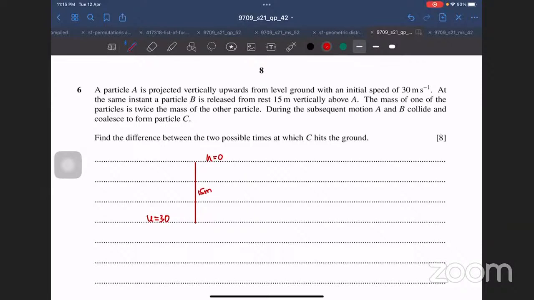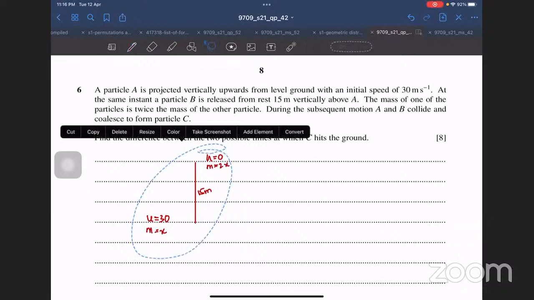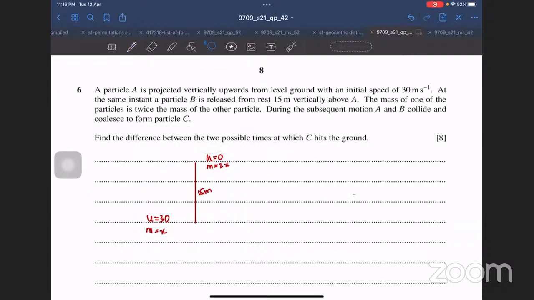Okay, so that is an interesting question. Let's assume that this mass is x and this is 2x. In the other case, there's going to be two cases. Since it says two possible values, I'm going to say that there's another case running simultaneously. And that case should be this.